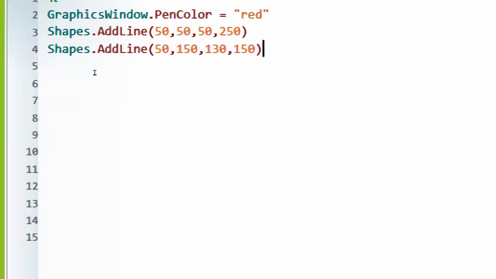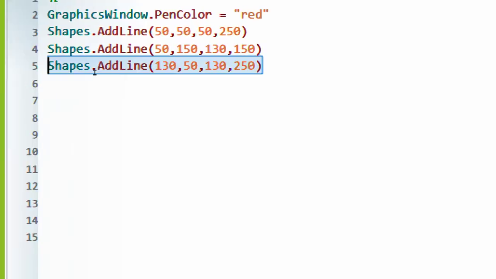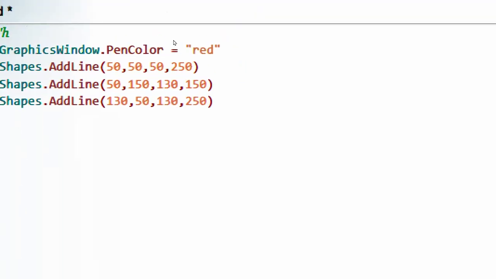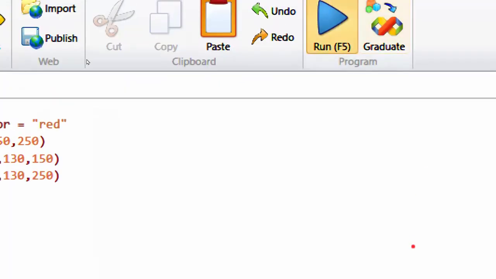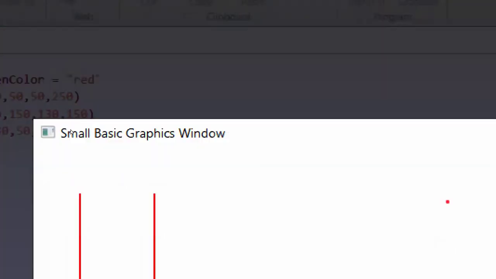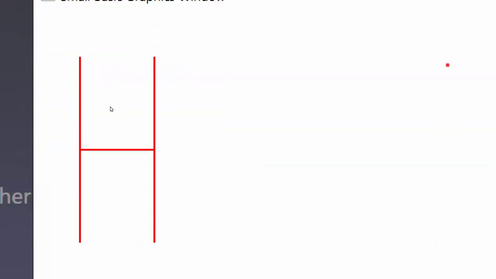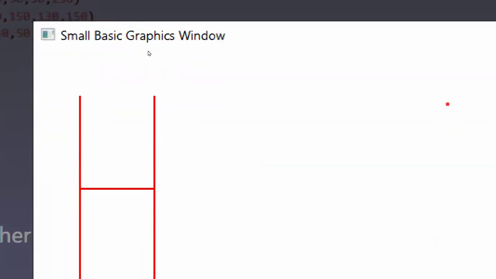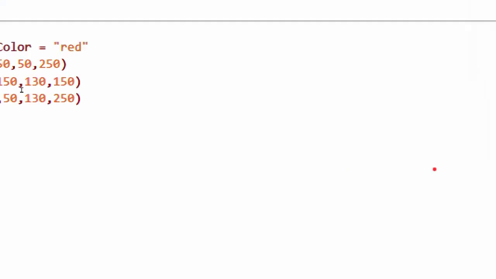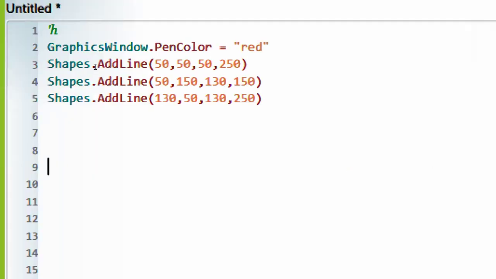Again, I'm going to put another line. Yes, now my H is completed. Take a look. Oh, yes, H is in front of you. So students, my first letter is complete. Now moving towards the next letter,